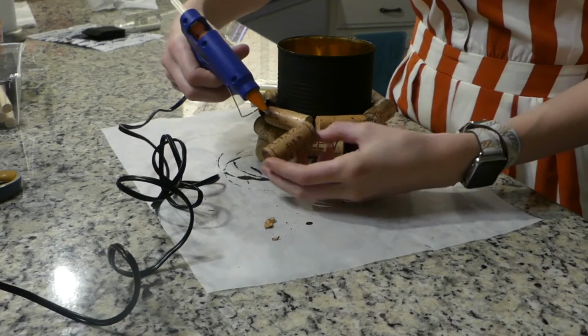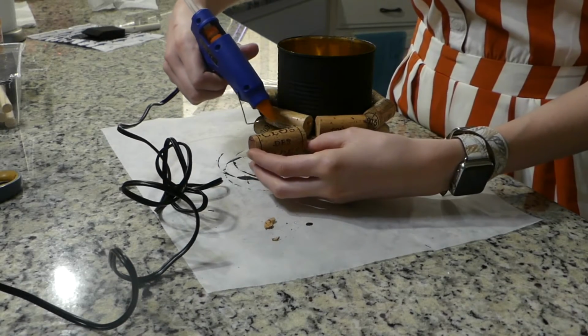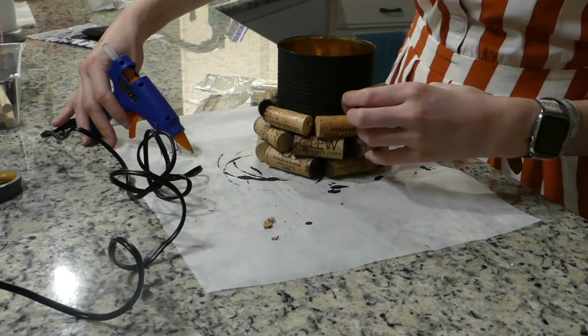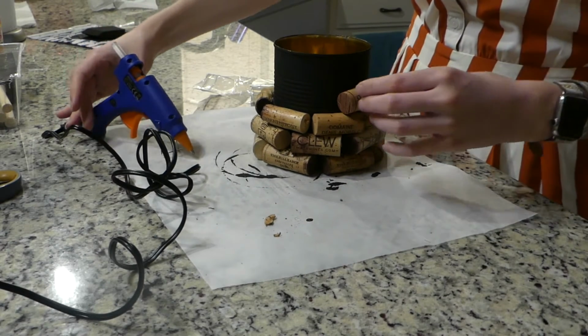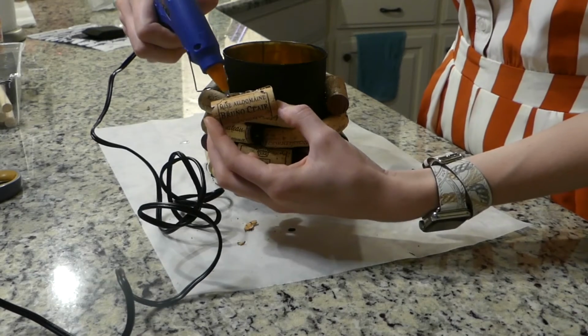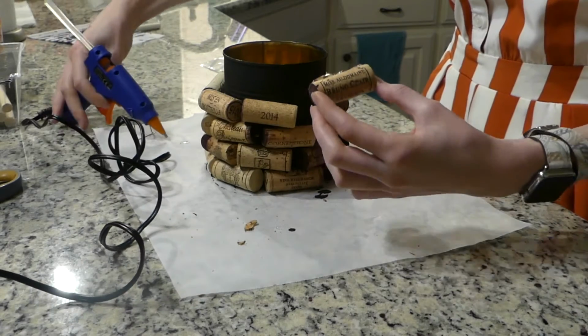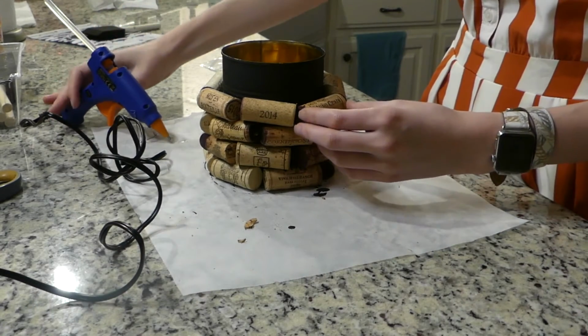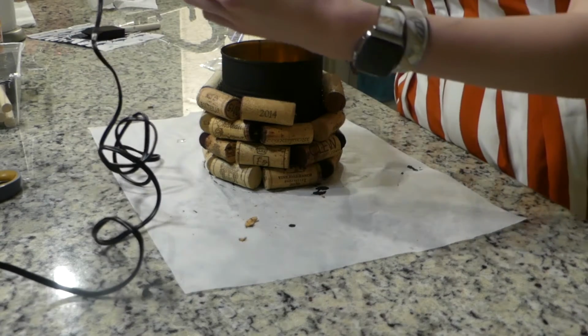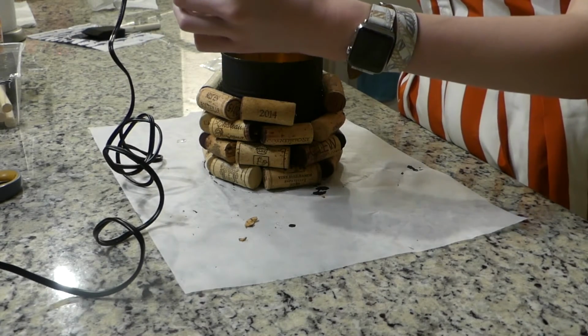I will say, despite how many little things have gone wrong, just in terms of my own setup, the craft itself is actually pretty easy and it's looking pretty cool. Lots of user error, but I definitely would recommend trying this. I mean, maybe I shouldn't say that yet because I haven't seen the finished product, but what's there looks really cool. Ooh, okay, so this was slightly too long, but I think if I just put some on the edges,